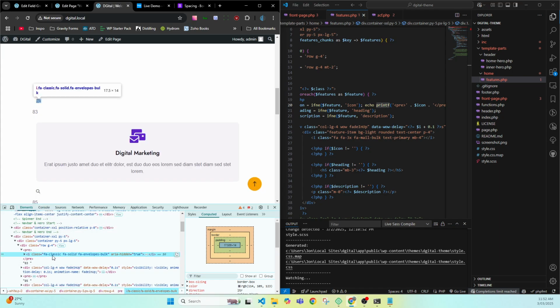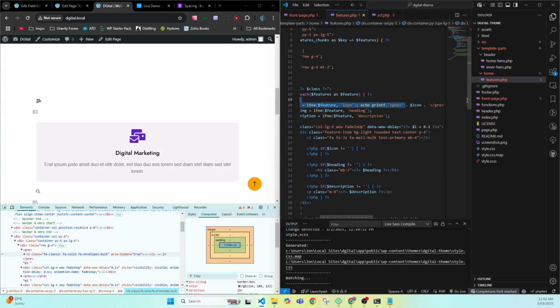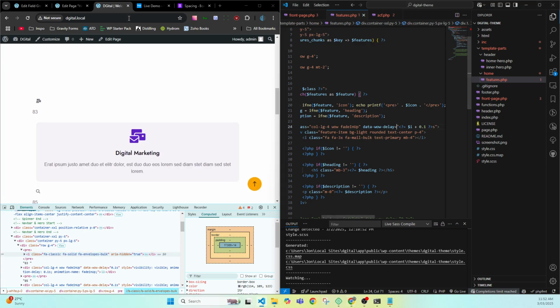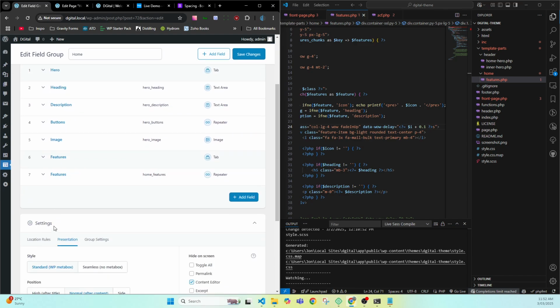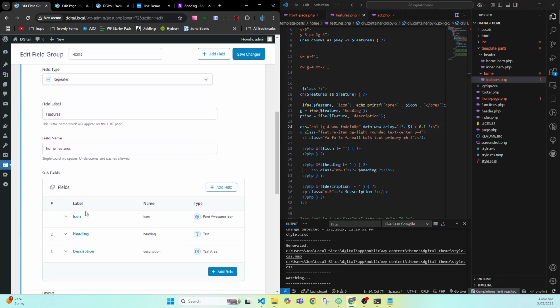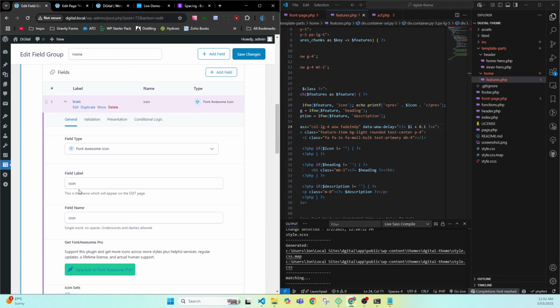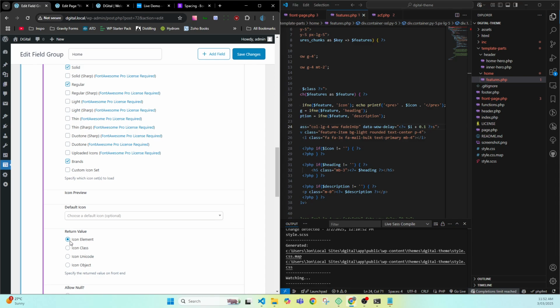So if we look now, we can see it's outputting that and a number at the end of it. I don't know where that number's coming from, but anyway. We can see we're getting the I class, but we're not getting the 3 times, etc. So let's edit that field group, because we need more than that. We need to be able to just do the font name. So here, if we remember with icon element, let's do the icon class,